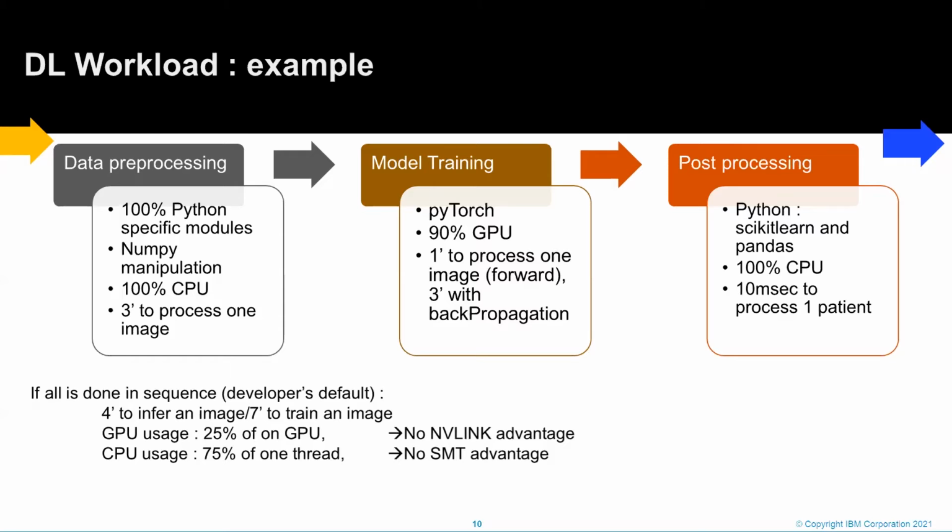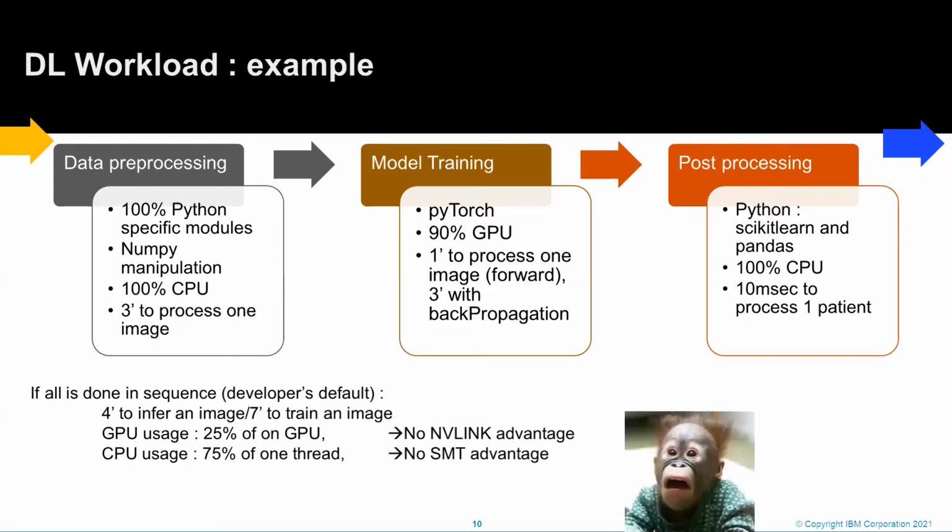So when we look at the actual resource usage, like CPU and GPUs, the GPUs were not used that much, and the CPUs were also poorly utilized, because the whole workload was dominated by a few single-threaded activities. So we have a problem, because our nice AC922 machine based on Power 9 and V100 is actually running as well as a traditional laptop based on x86 processors.